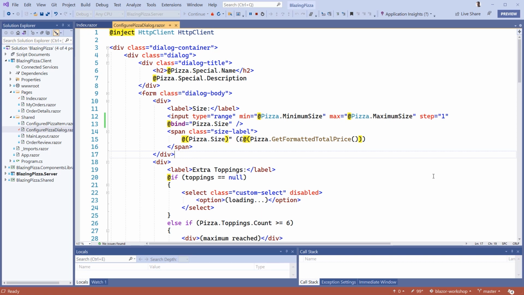But what if I want to change that so it's not when the range value is set, but maybe when the range value changes, so that as I'm dragging the range selector back and forth, it actually updates those values in real time as I move that selector back and forth? We can do that with another attribute